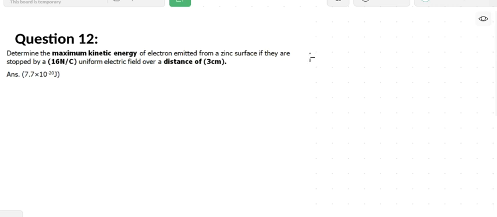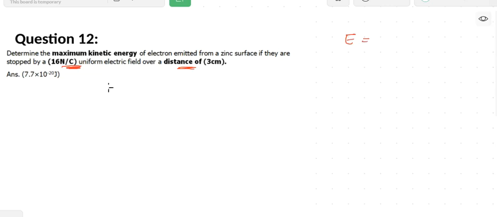Here we see another application on stopping potential, question number 12. Determine the maximum kinetic energy of electrons emitted from a zinc surface if they are stopped by a 16 N/C uniform electric field. To solve this question, he's giving me the distance. So he's giving me electric field with distance, which means don't forget, to understand what I'm doing,